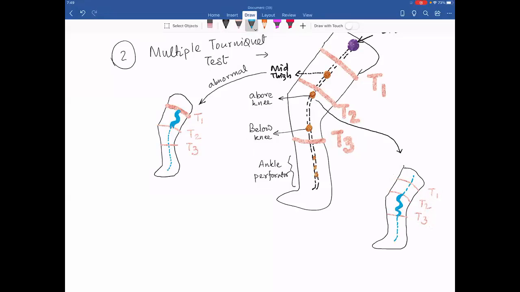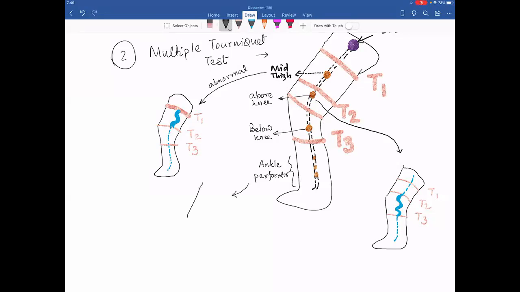Sir, how to differentiate above knee and below knee? No, very good. Then you need to tie the tourniquets very closely. Then you need to tie maybe another tourniquet like this. That means you can tie a number of tourniquets. But if you have located something above knee and below knee, that is easy to locate. Now, in a similar way, by this time you must have understood what I am trying to show you.